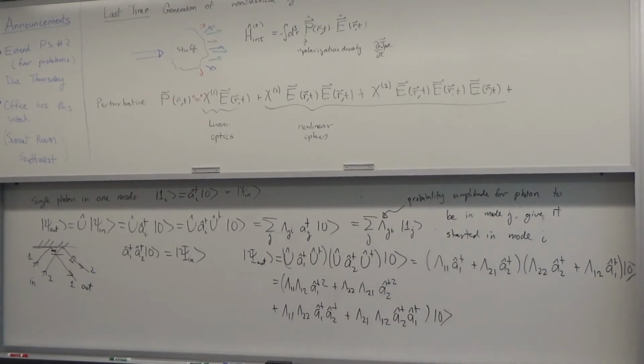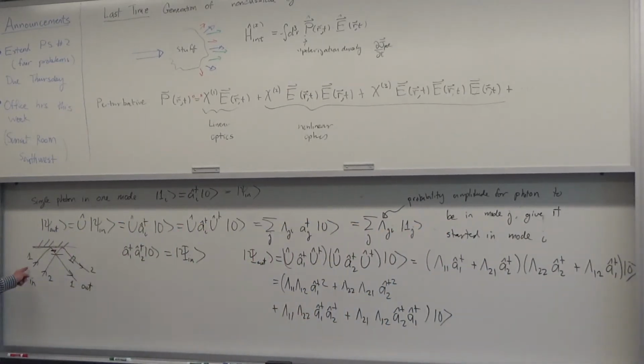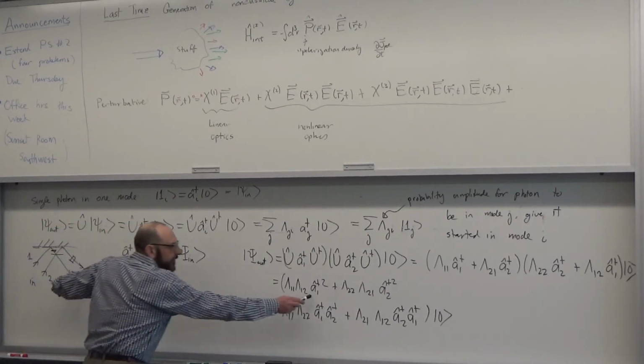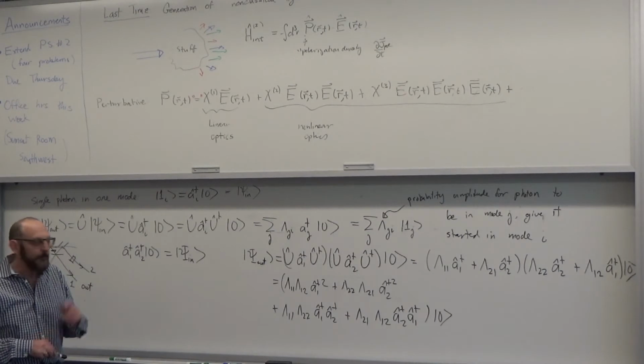All right? So those are the 4 terms here. They correspond to, for example, this first term corresponds to a process where 1 goes to 1 and 2 goes to 1. That's one possibility. Then they would both end in 1, etc., etc. Okay? Now,